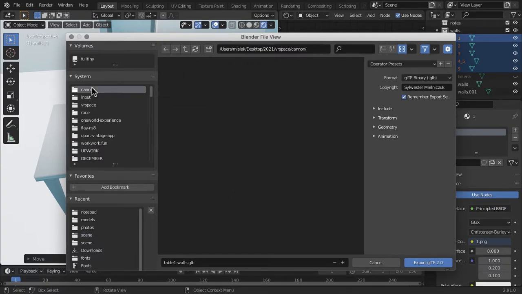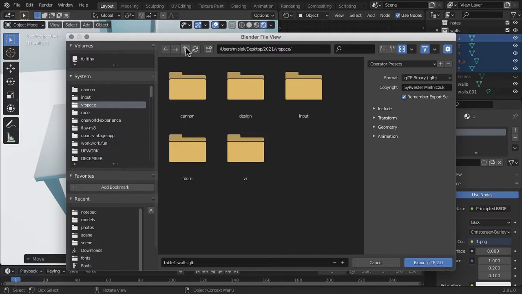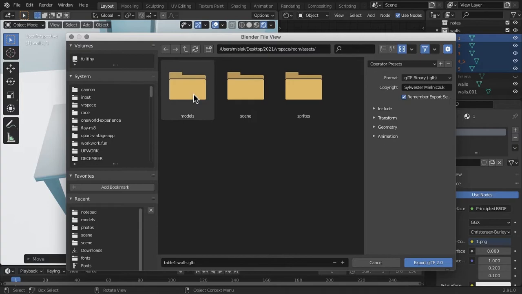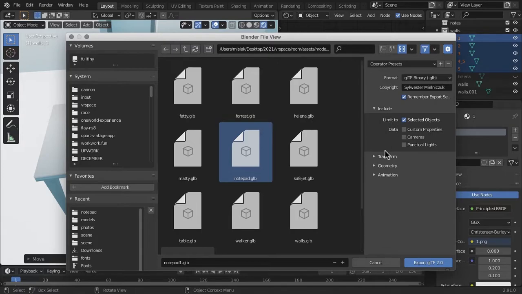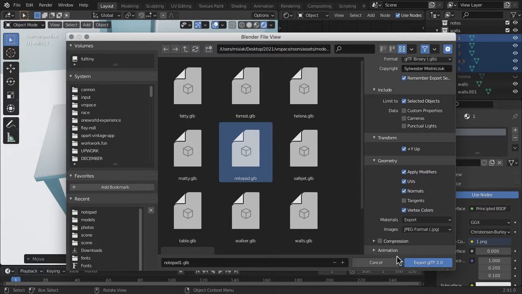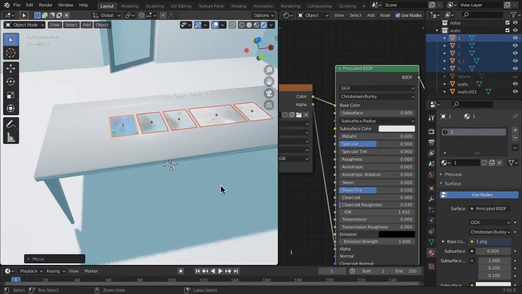I have already remembered export settings, so I don't have to do this once again, but you have to check these tick boxes to keep the export settings remembered. I'm saving this as notepad 1. I will show you in a sec that I will also do some sort of pipeline compression of the